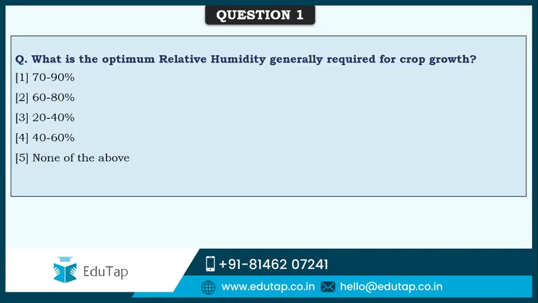So let's start with the questions now. What is the optimum relative humidity generally required for crop growth? Generally for various crops, on an average, or you can say